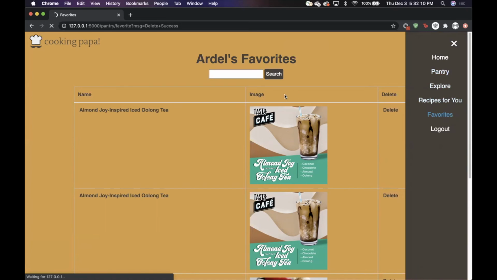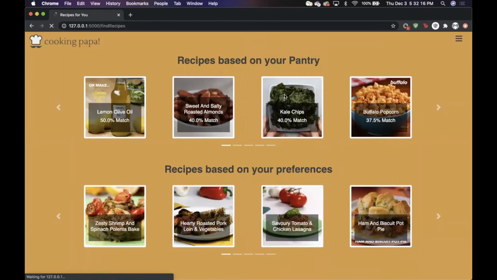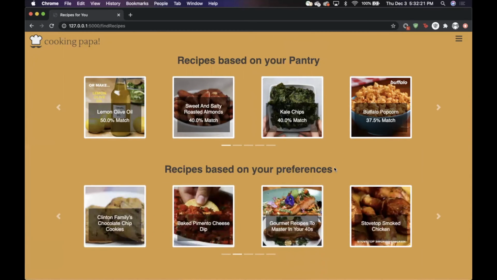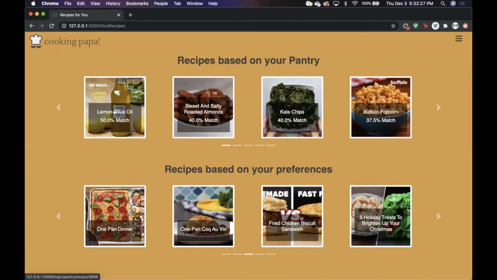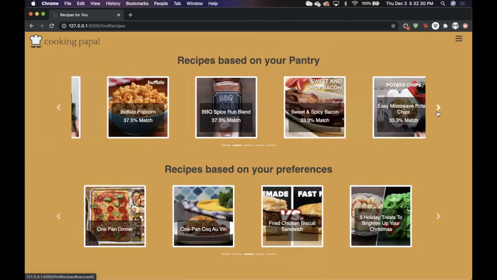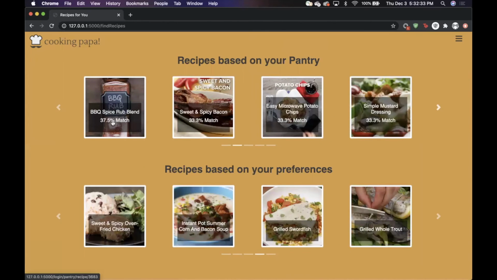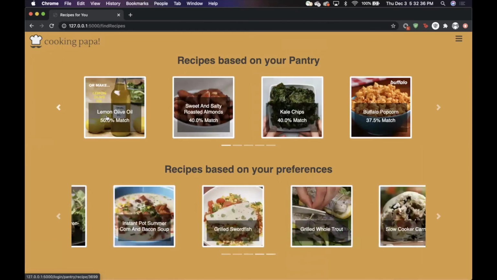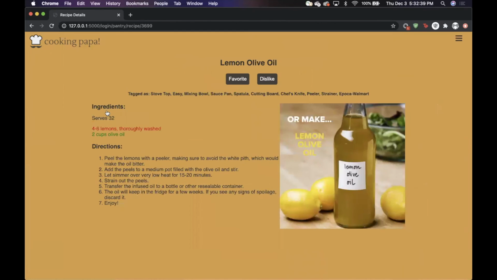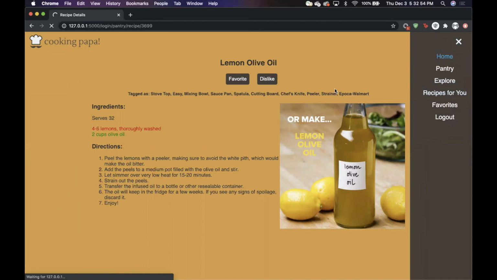So the next feature is recipes for you. This takes quite a while because there's 2 algorithms that are working to find all the recipes based on your pantry and based on your preferences. So for the one up here, this carousel right here, it displays all the recipes that match how many percent of your pantry. So for example, if we go to 50%, we click on this recipe. So you see there are 2 ingredients and we only have one of those. So that's why it's 50%. Okay, so if we go back